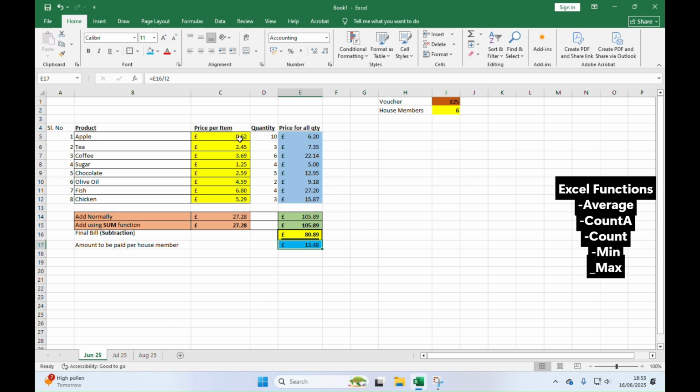Last time we were looking into the sum function, how to add values. Also we used multiplication, how to multiply two cells, or how to divide two cells. So basically we did all the arithmetic functions such as addition, subtraction, multiplication and division in the last